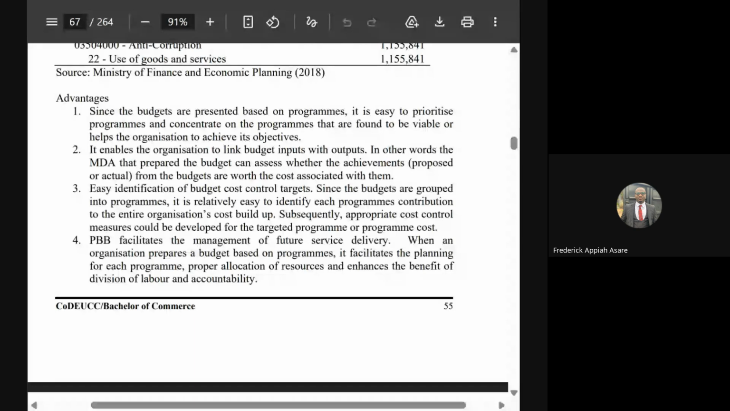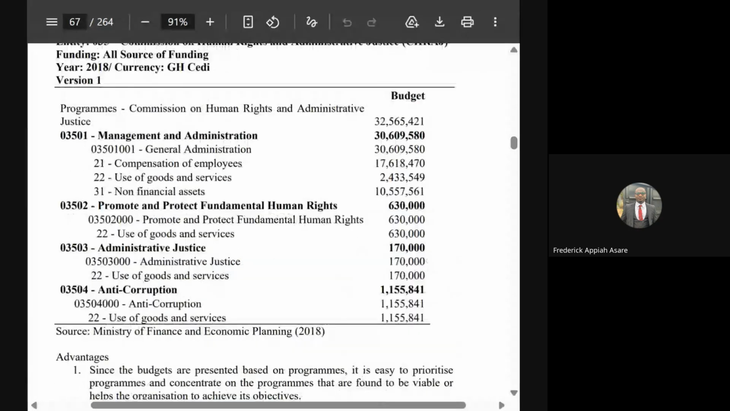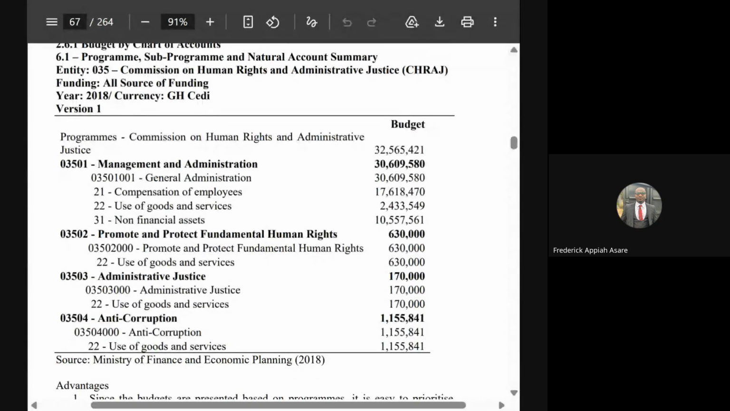So currently, mostly they present it in the program-based way. Program-based budgeting is just because of how they take the budget details from the lower level to the upper level. So their presentation is mostly like this. Along the line, they can also decide to go for the activity base or the line base. But currently, we are using the